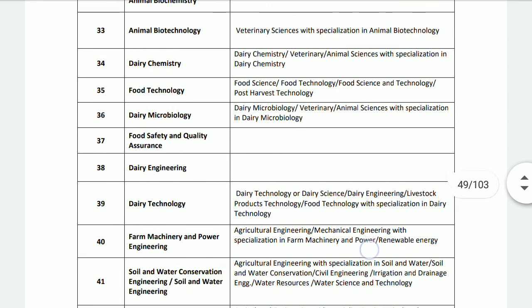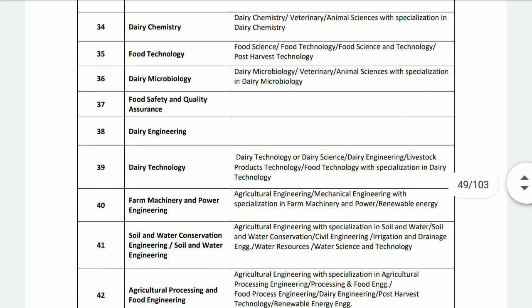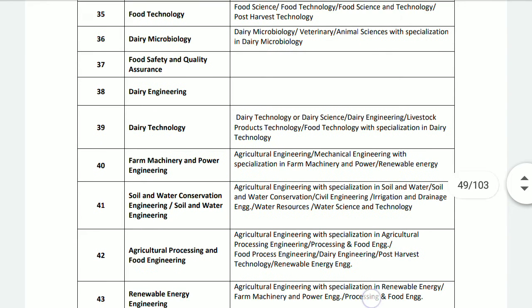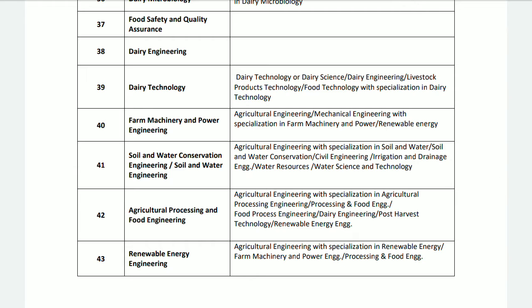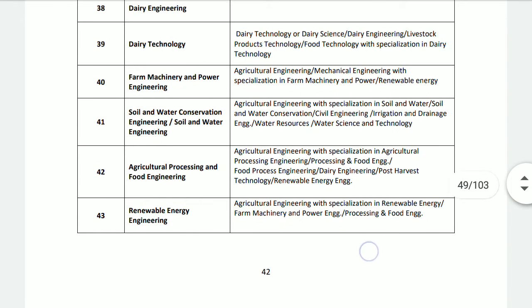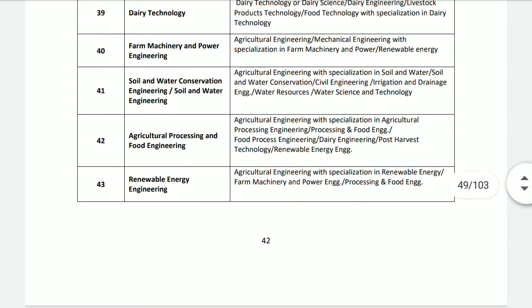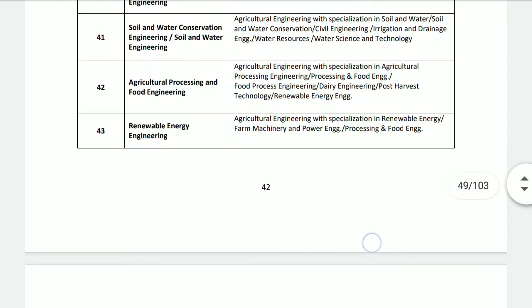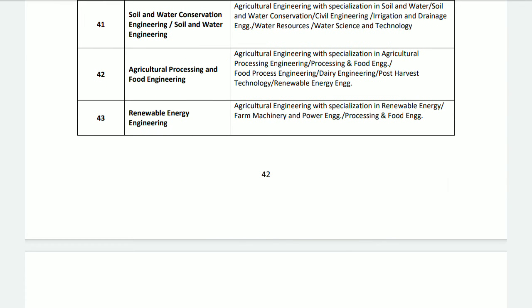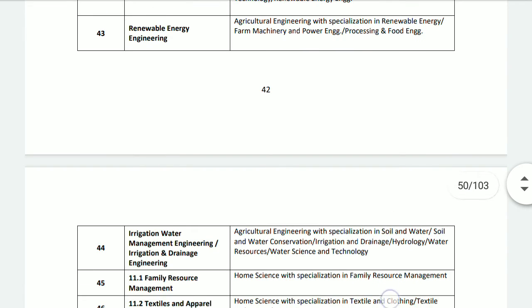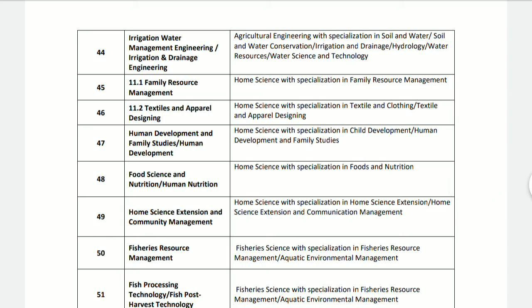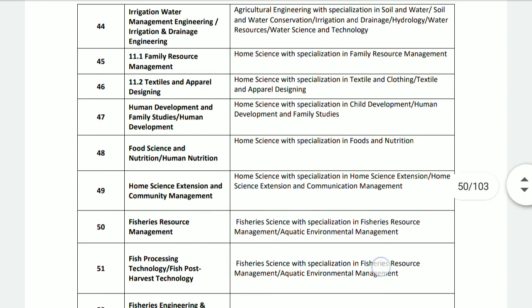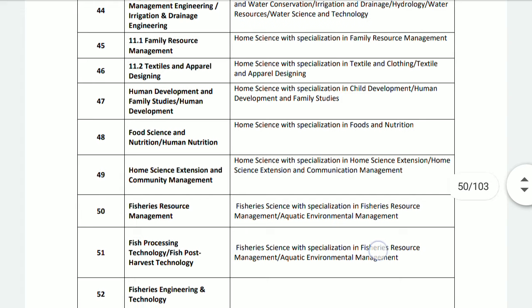animal biotechnology, dairy chemistry, food technology, dairy microbiology, food safety and quality assurance, dairy engineering, dairy technology, farm machinery and power engineering, soil and water conservation engineering, and soil and water engineering, agricultural processing and food engineering, renewable energy engineering. You can see that irrigation, water management engineering, irrigation and drainage engineering, family resource management, textiles and apparel designing,